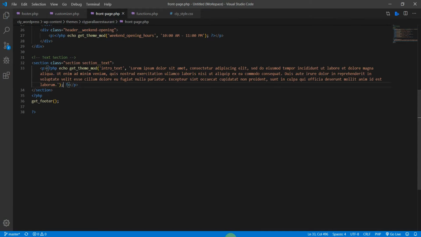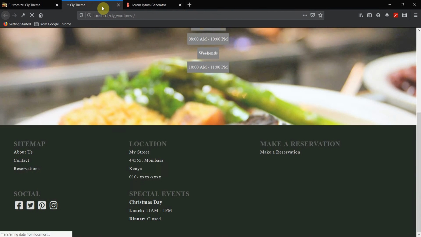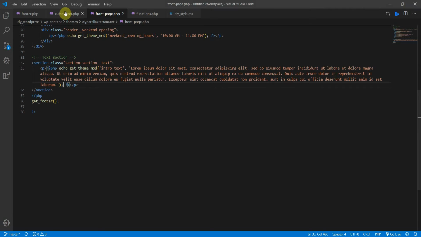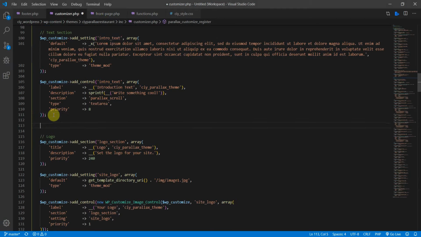Let's save it, and let's refresh. See what we got on the front end. All right. So that's the dummy text. We're going to style that a little bit later, but first let's add the restaurant section here. So let's head back to our Customizer.php, and let's add a new comment under our text section, and this time let's name it